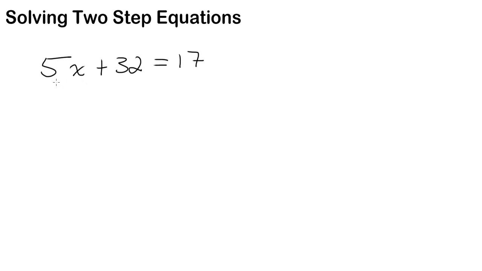And we can see here that we have two numbers keeping our variable x from being alone, a 5 and a 32. So we need to get rid of both, but we need to do it in the correct order. So what is that correct order and where does it come from? Well, you need to understand that when we are solving equations, what we are actually doing is working backwards because